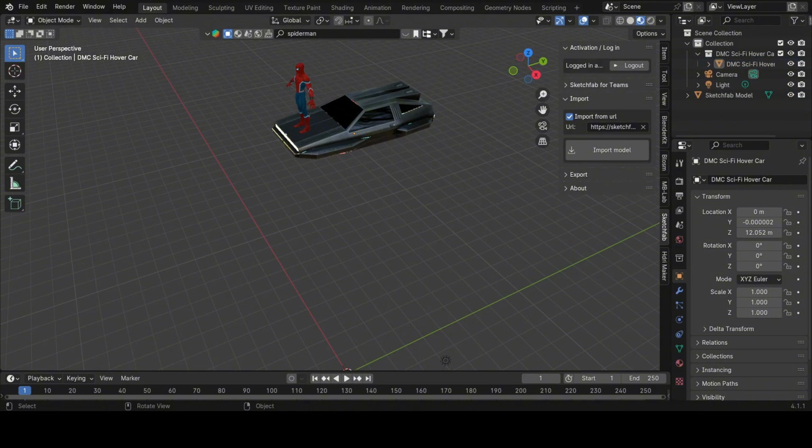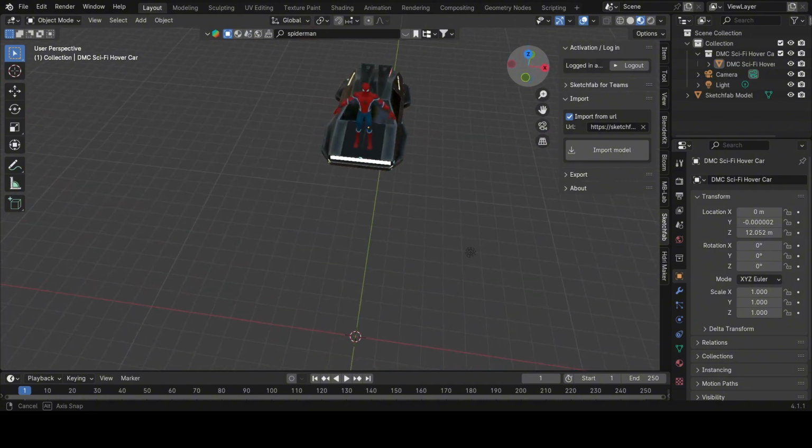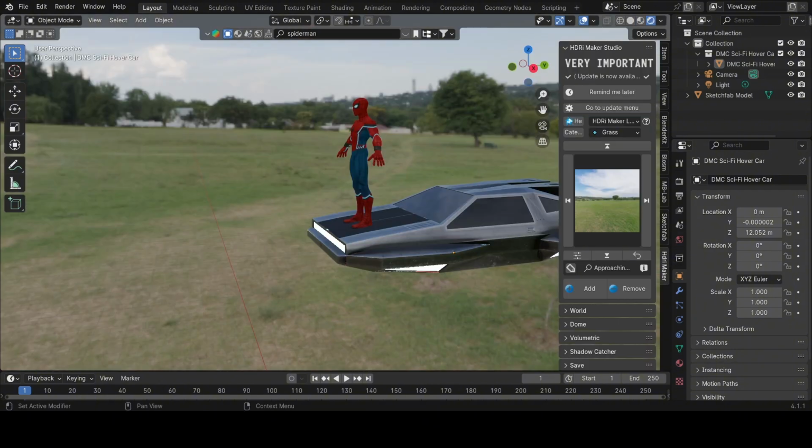It looks good. So the next thing I'll do is I'll actually add the sky, the HDRI. So I think I've added the HDRI, and as you can see, it looks pretty good. And yes, I'll go to the next step, which is to